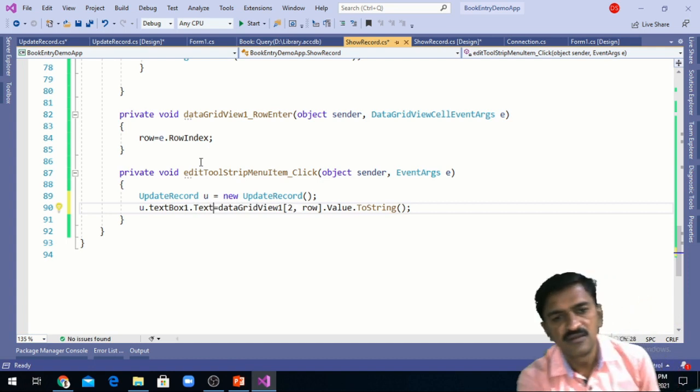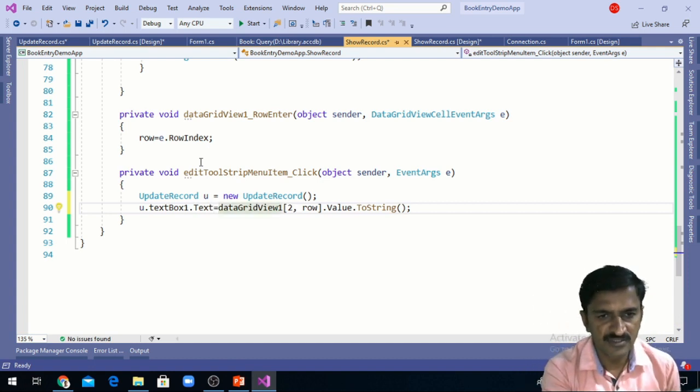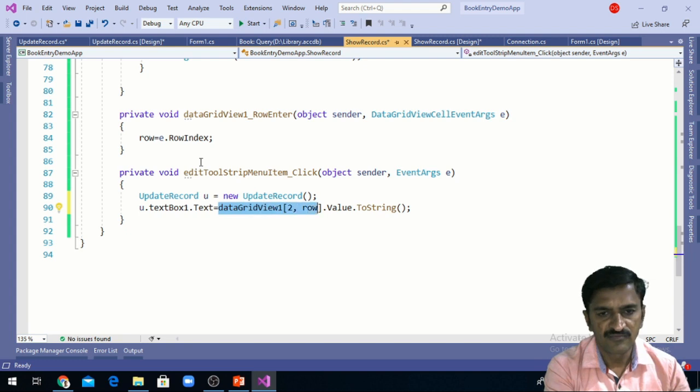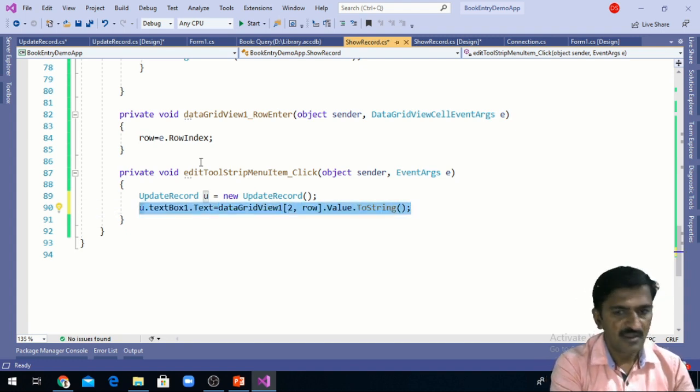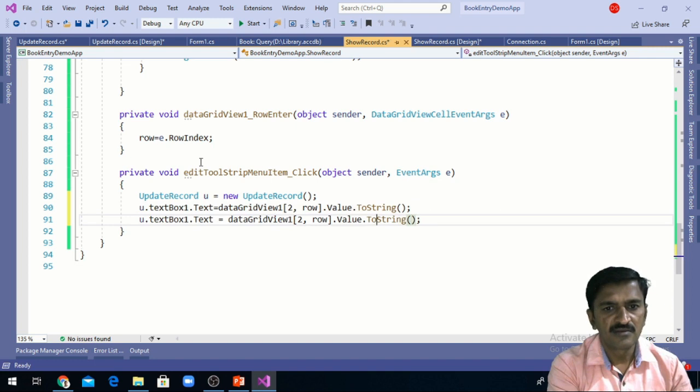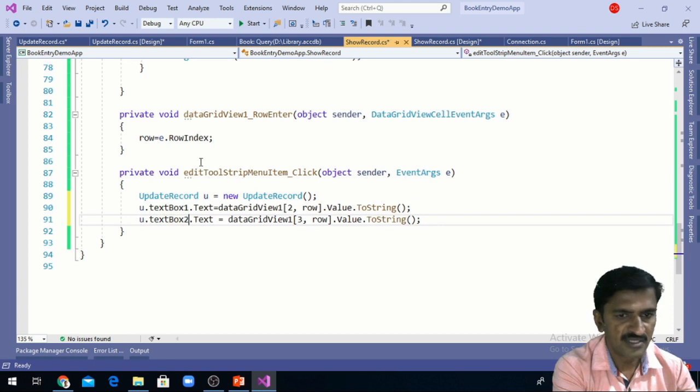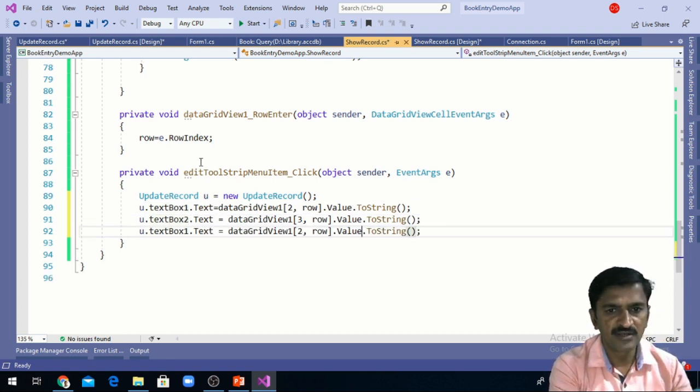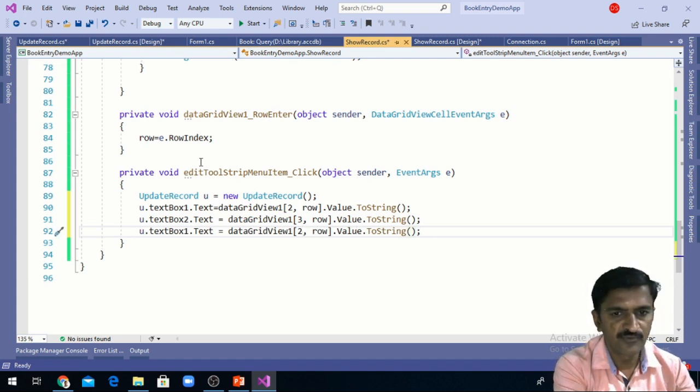I'm assigning the text to this first text box as the second column of the selected row in data grid view. Similar to that, I am going to assign the third column of the selected row to the second text box of update record form. Similar to that, I am getting the fourth column and assigning that value to the third text box in update record form.